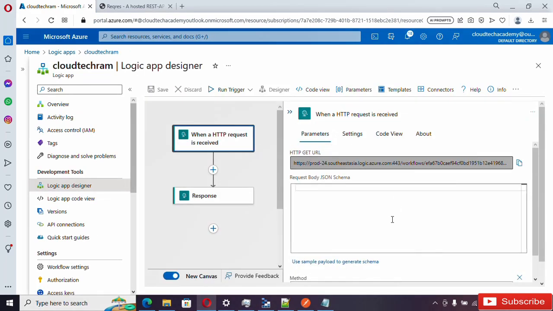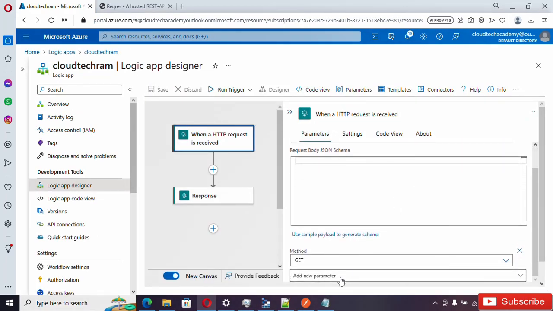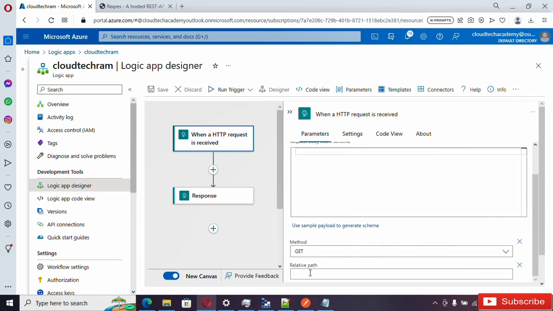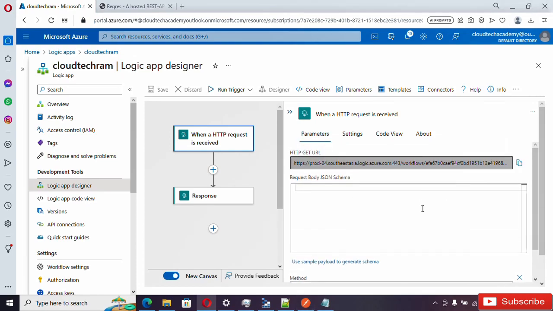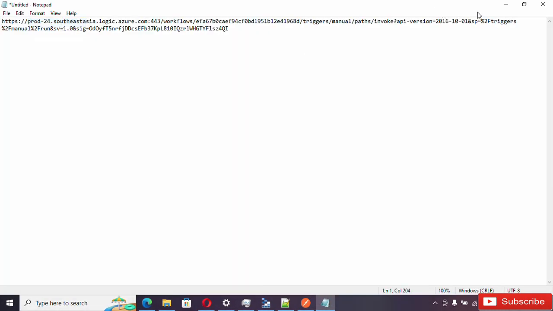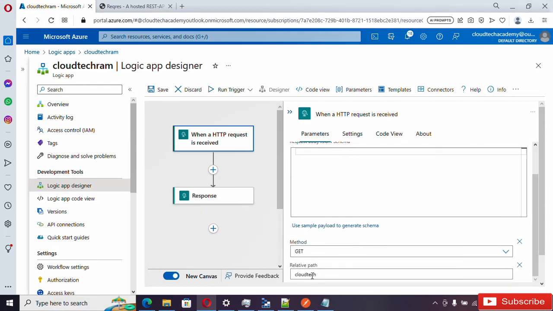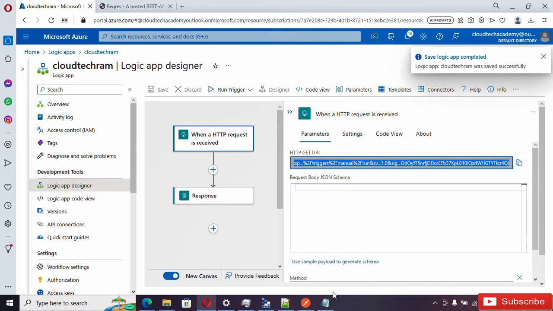Let's see what other options are available under this. You have one more optional parameter, which is relative path. With this you can set a relative path. So let me show what this relative path is going to do. Let me type cloud tech. Before saving, I'm just copying the existing URL. I have given the relative path. Let me save it. After saving, let me copy the URL